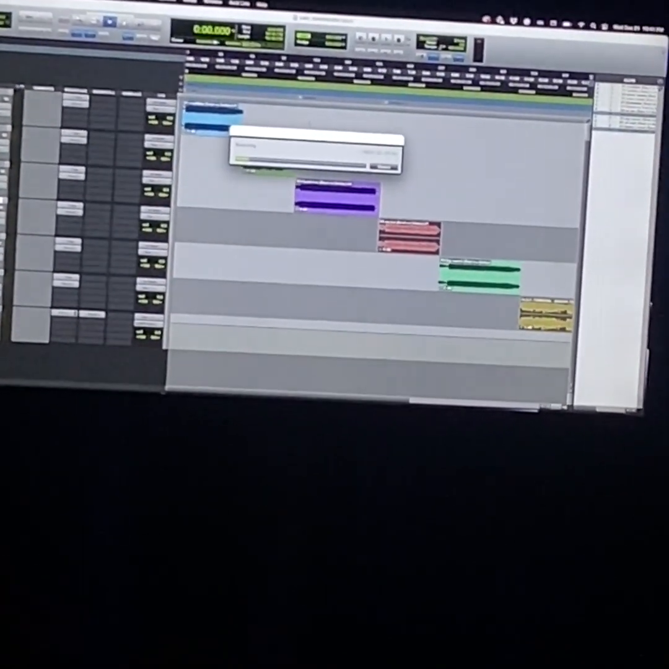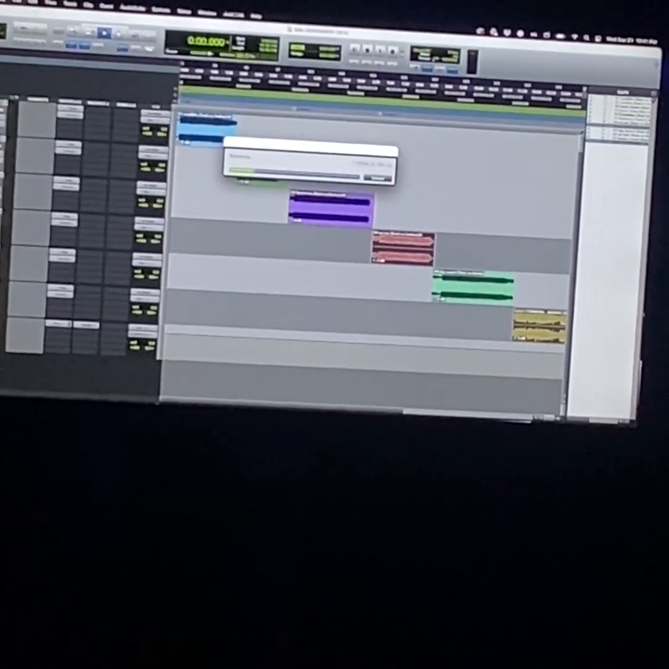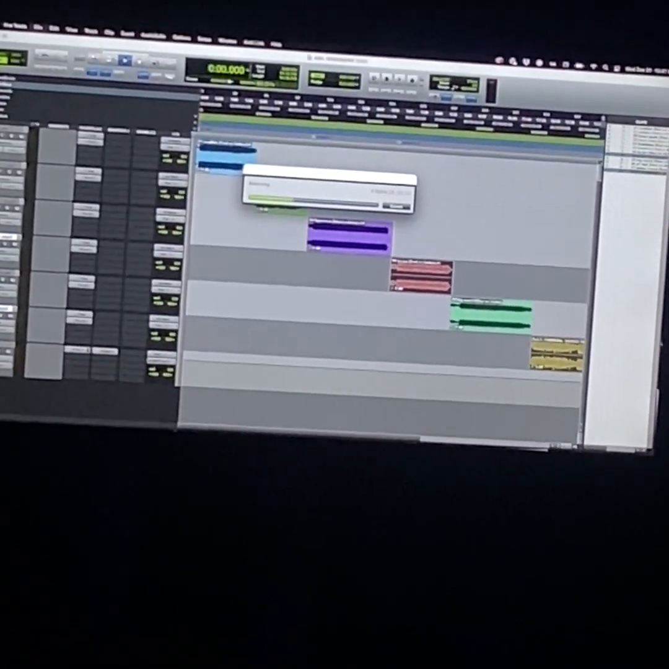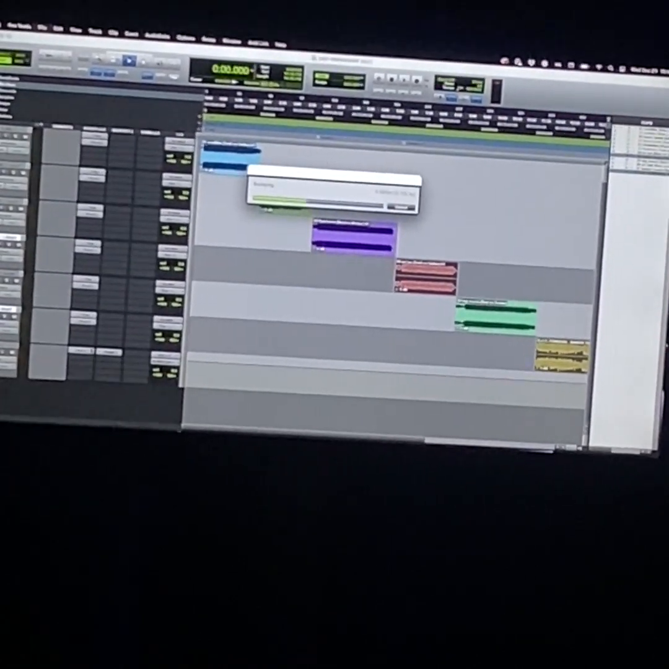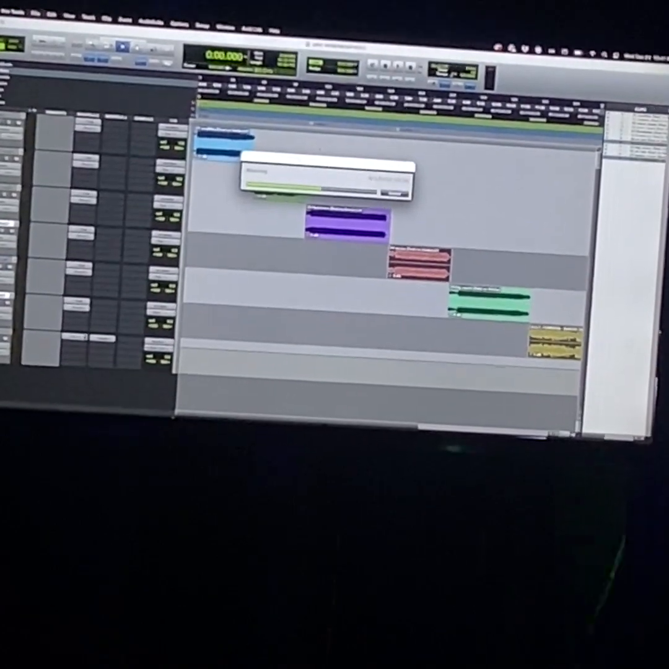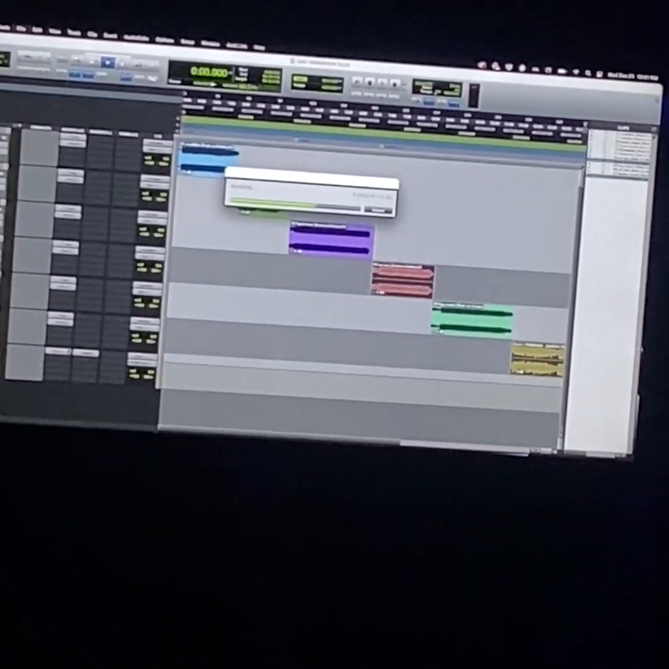All right. Put in some more markers here. And guess what, guys? The way it would go is we're going to bounce the file. And guess what? In about 20 seconds, we're going to have